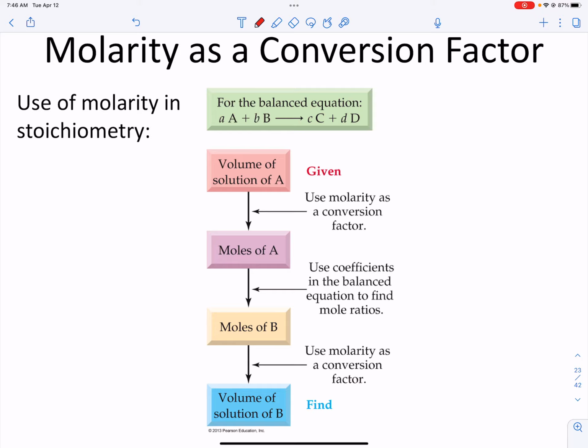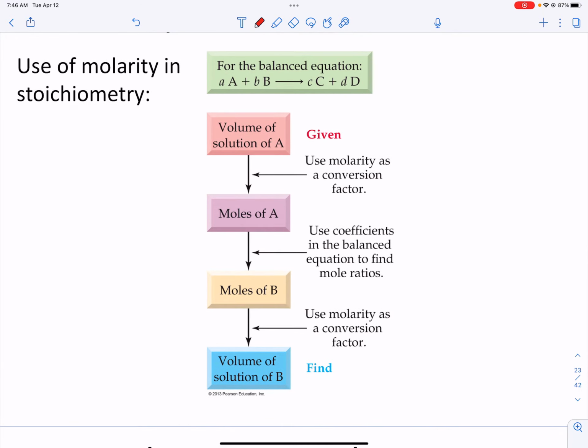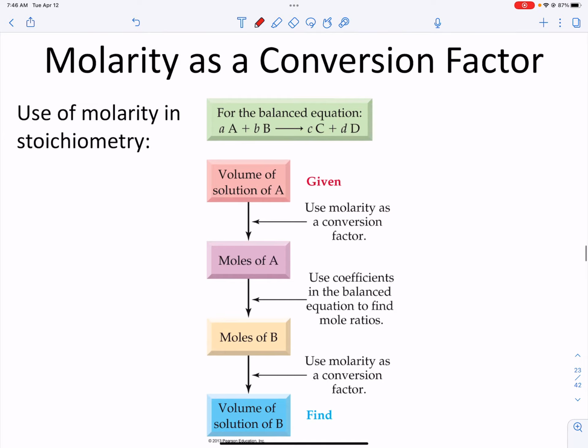So I have this diagram, and it says for the balanced equation in green up here, the lowercase letters are your coefficients, capital letters would be your reactants and products. Okay, so A and B making C and D. And for any balanced chemical reaction where maybe your reactants are not solids, maybe they're two solutions, so maybe we have a mixture. This is most applicable for a situation where we have a mixture